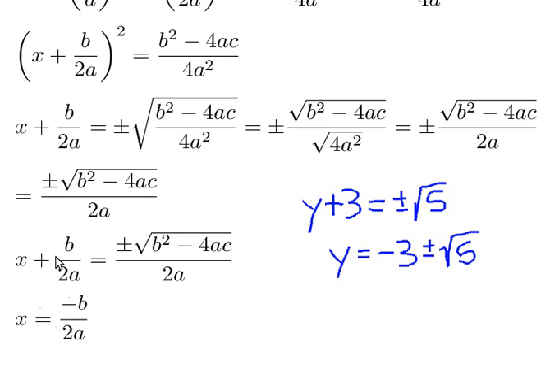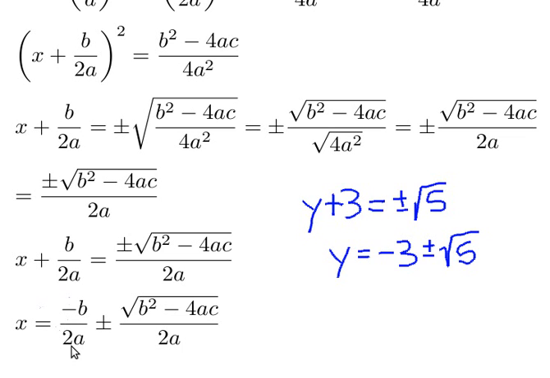I'm going to have to put the plus or minus on the outside of the fraction now. I went to all that trouble to explain why I can do it in the numerator, but for now I'm leaving it on the outside. So square root of b squared minus 4ac all over 2a. So what we have now is minus b over 2a plus or minus the square root of b squared minus 4ac